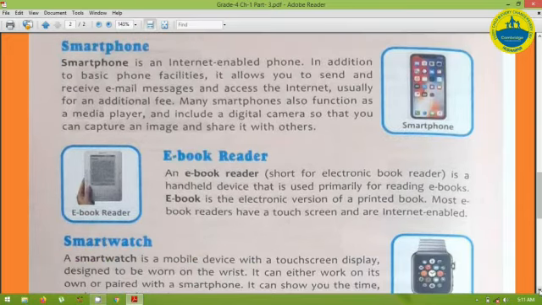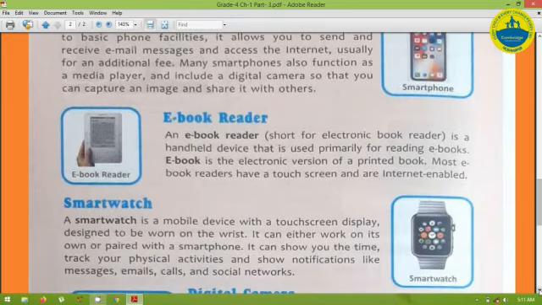Next one is smartwatches. These are also very common in today's life. We can wear it on our wrist. As it is a watch, it shows us the time, and as it is smart, it is called a smartwatch. It means that we can perform some other work as well, like checking our messages. If the smartwatch is connected with our mobile phone, we can check the messages, check the calls, and do other activities on our smartwatches.